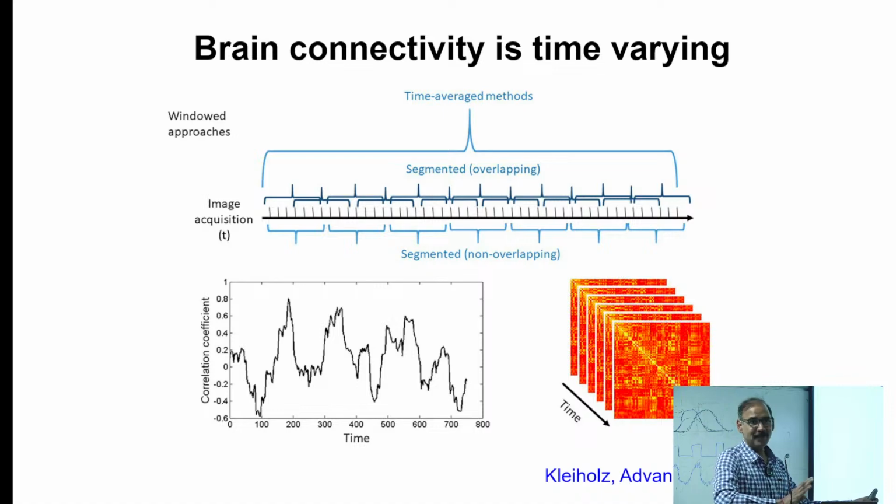So no one really knows the answer, right? No one also knows what the steps should be. So this is called the window length, right? The length of the window. And this is called the step size. So both are variable. And many people use different window sizes. And there is no consensus in the literature as to what should be used, right? Can anyone explain the reason why?